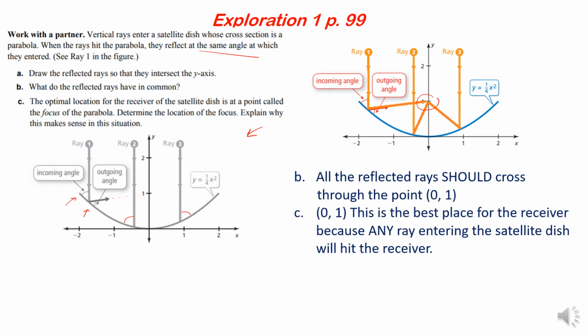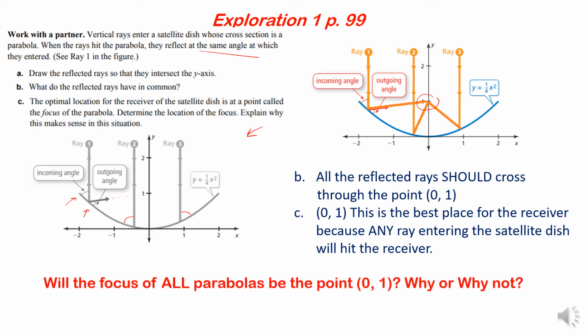So (0, 1) is the focus, but it's also the best place for the receiver because any ray entering the satellite dish will hit that receiver, okay? And the question they want to ask is, will the focus of all parabolas be the point (0, 1)? Why or why not? Not necessarily. If it's been stretched, if it's been shrunk, especially if it has been translated to the left, to the right, up or down, that will not be the case. So remember, there are exceptions. Okay,